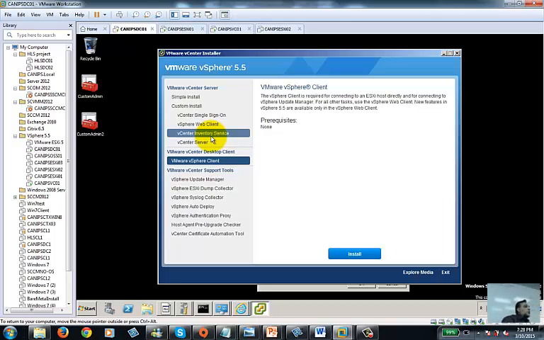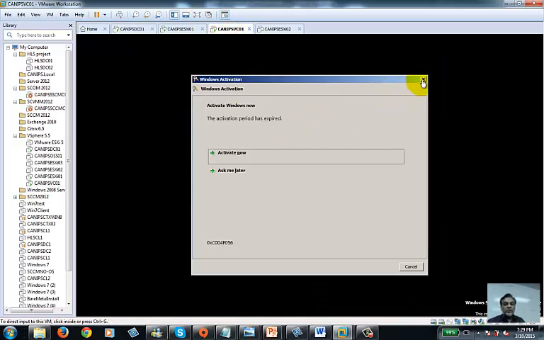So the question was, why can we not install vCenter on a domain controller? The reason is that vCenter needs ADLDS, and where you have ADLDS, there cannot be Active Directory. Or if there is Active Directory, there cannot be ADLDS. You can have one directory service on one machine. So that's the reason. Okay, so guys, now I'm going to go on to my other Windows machine,